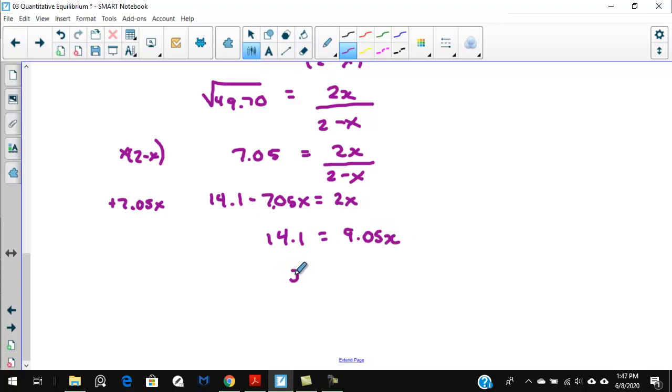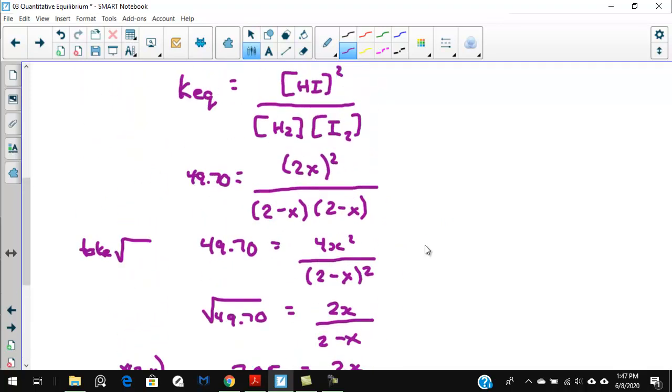And then x would be found by dividing both sides by 9.05. So we divide both sides by 9.05, and we end up with 1.56. So 1.56 is what we end up with for our value of x. Okay, so we go back up to the top here and just take that 1.56 with us,